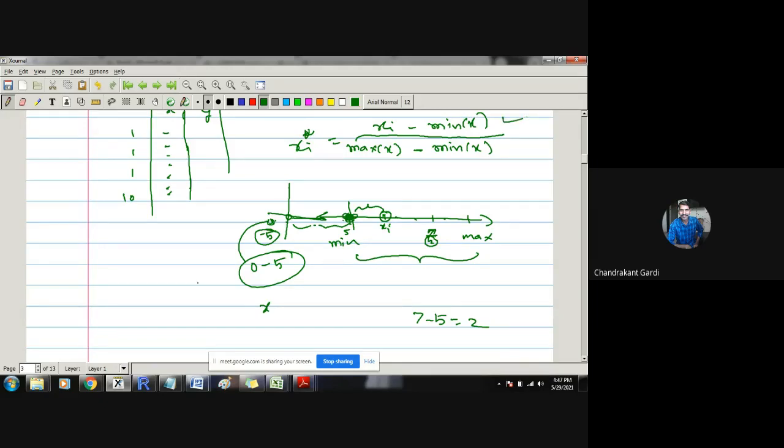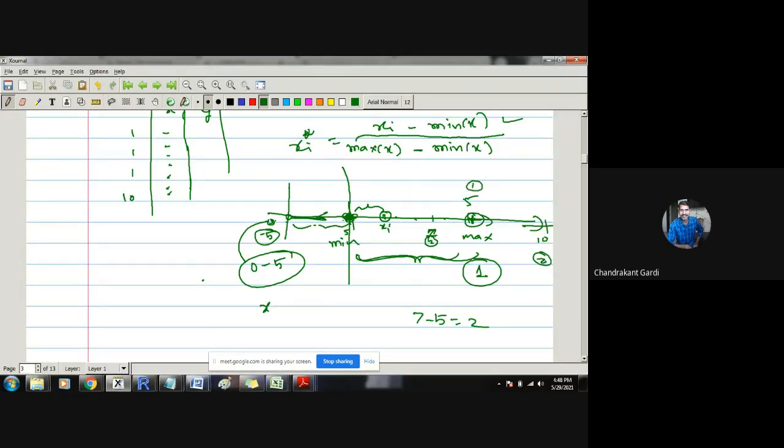Now the origin is here and this is our system. What we want to do is change the scale, this distance. Whenever this maximum value is here, we want this distance to be called 1. So this will be the unit distance in our new system. In order to have this as a unit distance, we have to divide by maximum of x minus minimum of x. Suppose this maximum is, say, 5, and here it is 10. In the new system it will be 2, and this will be 1.